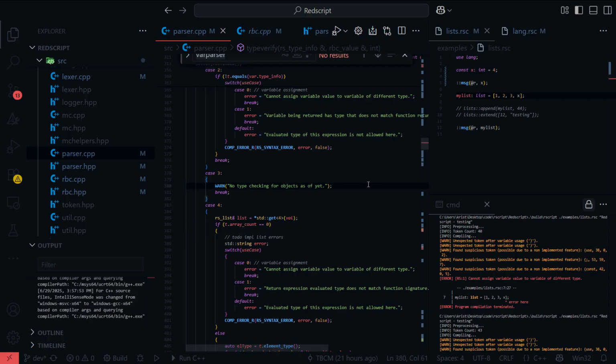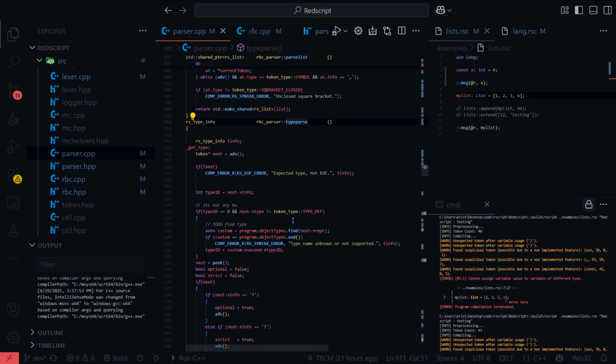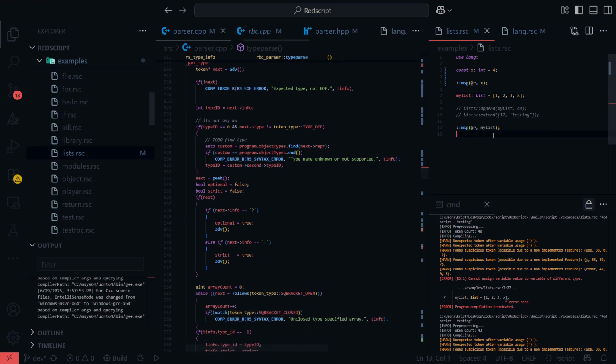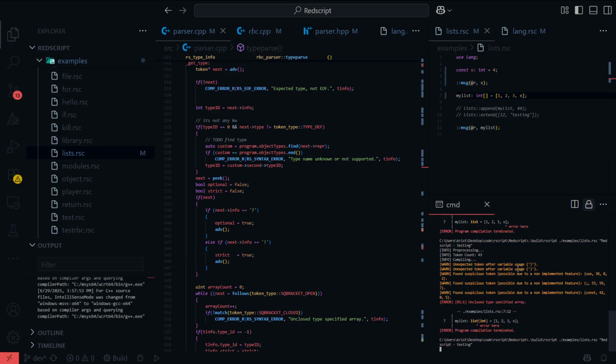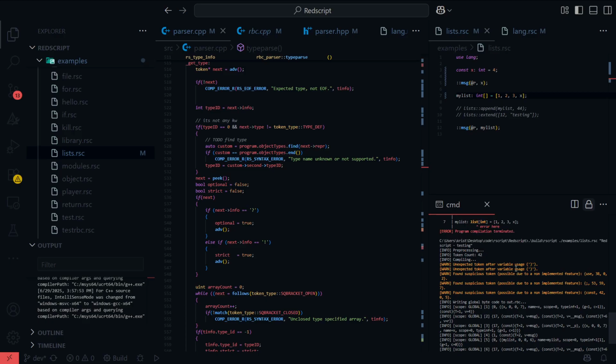Okay, so I need to go to type parse. And obviously we need to specify that we're using a list of integers. So it should be this. That works. That works fine. So, problem is,